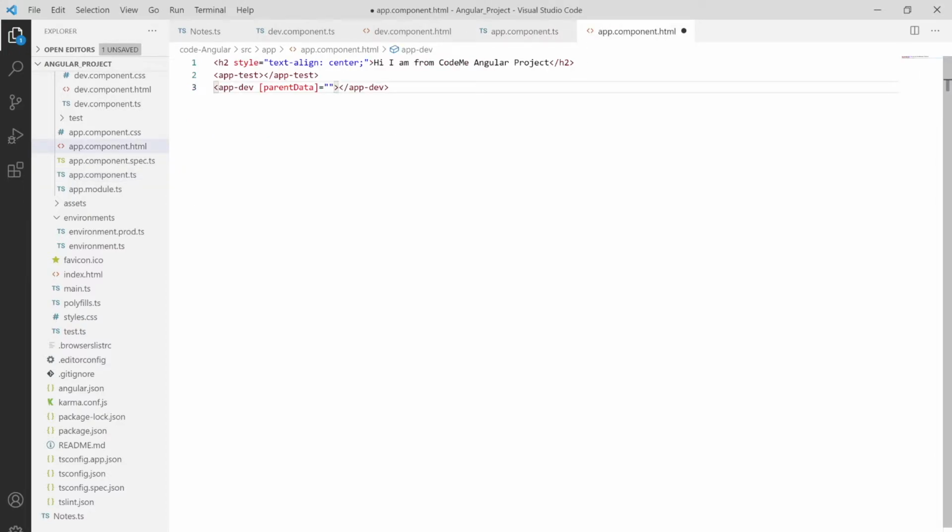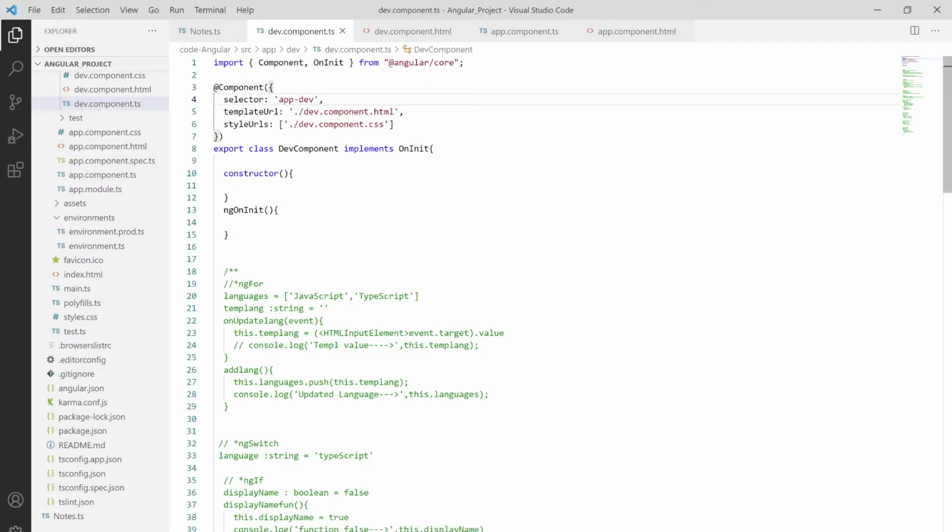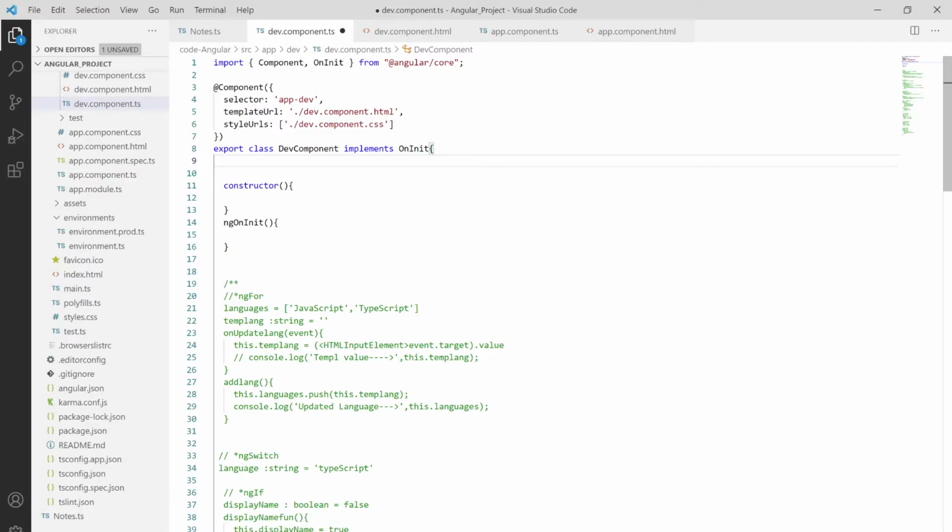I'm copying this and pasting it over here, saving, and moving to our child component, which is our dev component, and then to the TypeScript. Here I'm extracting that name as parentData, whatever I pass over here, and let me save this. But I also need to declare that this is not a simple property, it is an input property coming from the app component.ts.